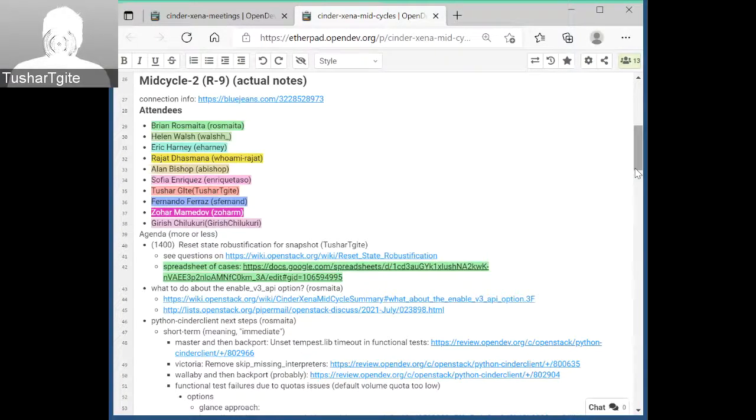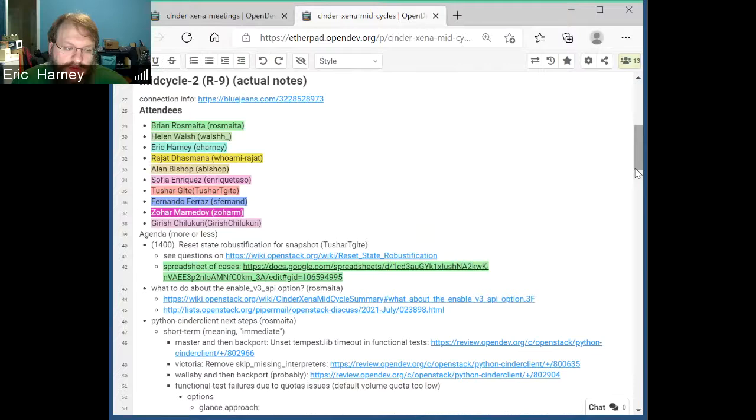For some of the cases, like changing the state to detached for a volume, it might actually manipulate some things, right?